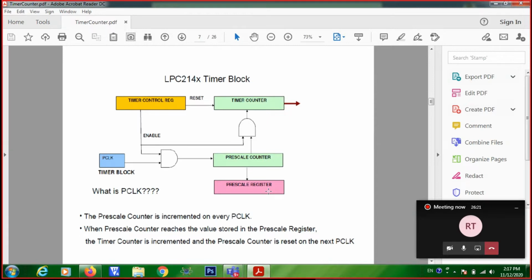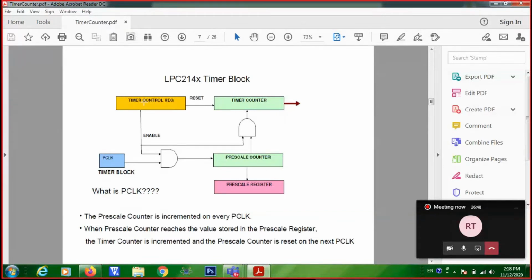And there is another register known as the timer control register that is used for resetting the timer as well as enabling the timer, right? So similar to other control registers we have seen in other peripherals, here you have the timer control register, which is used for resetting as well as enabling the timer.